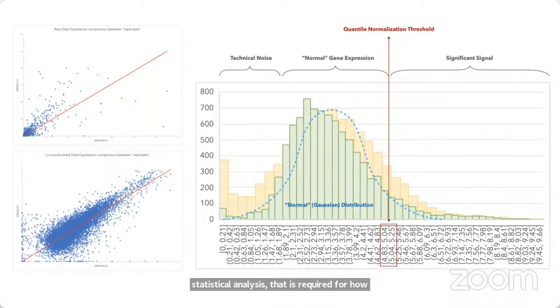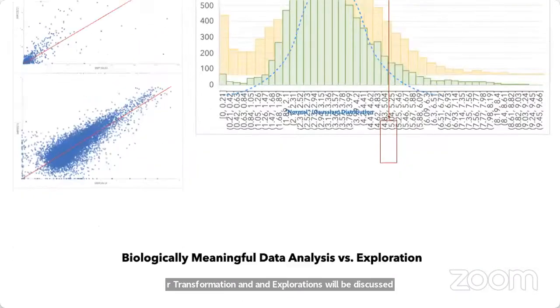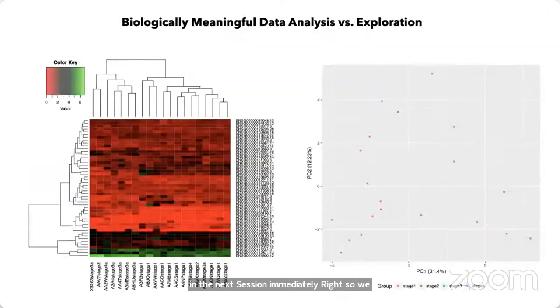And this might involve something like normalization using the quantile normalization method. This will inform data transformation steps like converting the scale into a logarithmic scale, and several other transformations and explorations will be discussed in the next session. We will also discuss how this table of data can be converted into, for example, a representation like